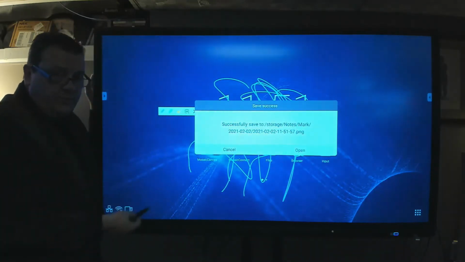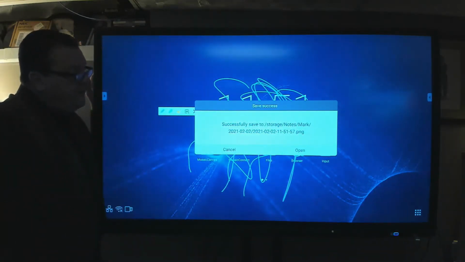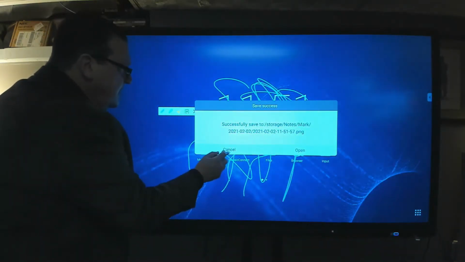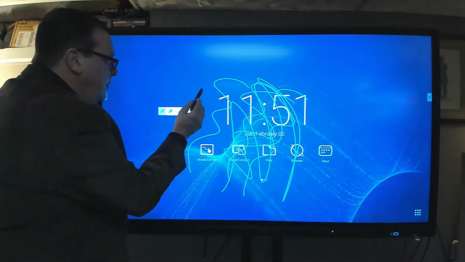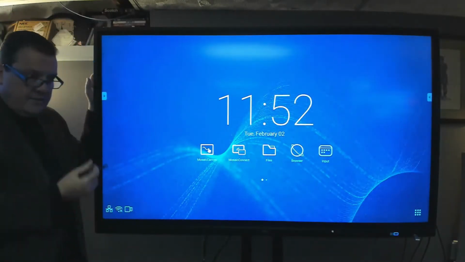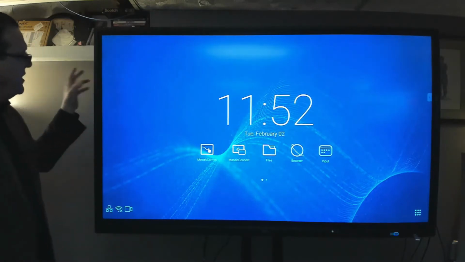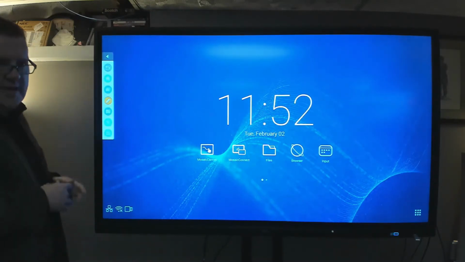So you don't have to worry about where you've placed your file to waste a lot of time. It's all kept in today's date for ease and convenience. Now once you're done, then you just click on the X and it brings you back to normal operating procedure at that point. So that's a great feature, the annotation, and I'll show you that a couple more times